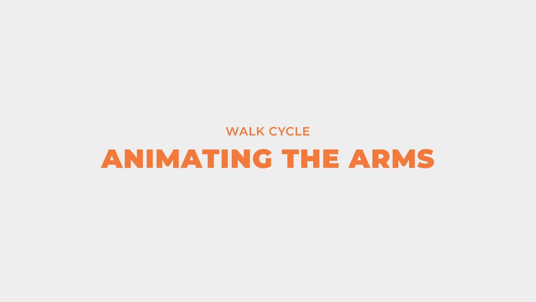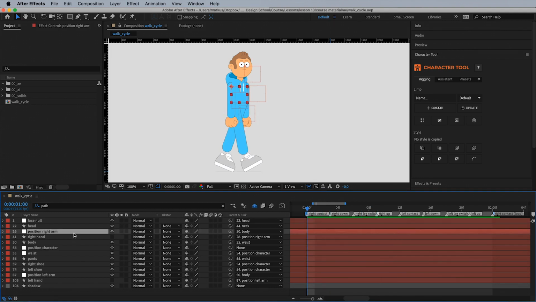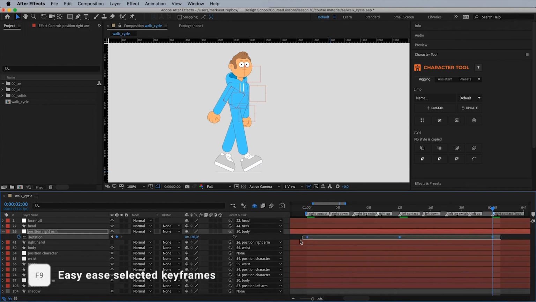When animating arms, you need to think opposite. For instance, the right arm here moves in the opposite direction to the right leg. So set the indicator at the right contact mark, select position right arm, snap a rotation frame, and rotate the arm to around here. Then go to the left contact mark and rotate the arm to around here. Copy-paste the first frames to the end, make them easy ease,